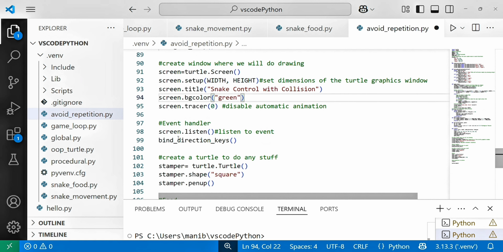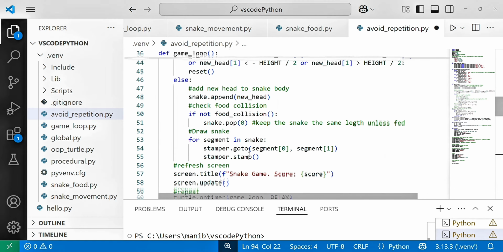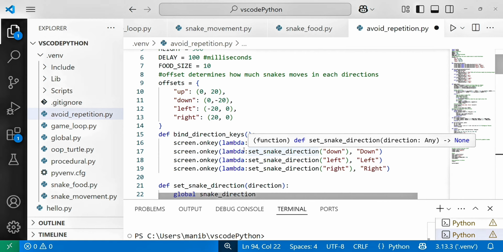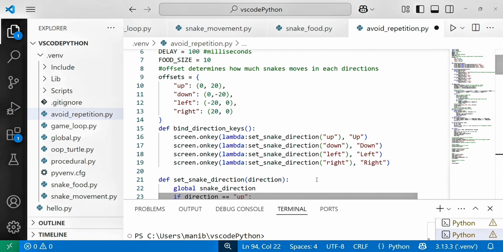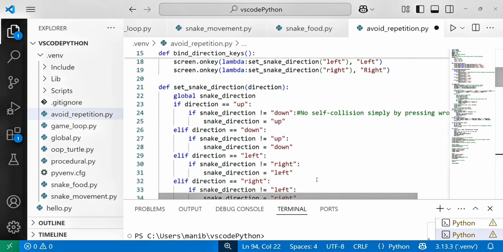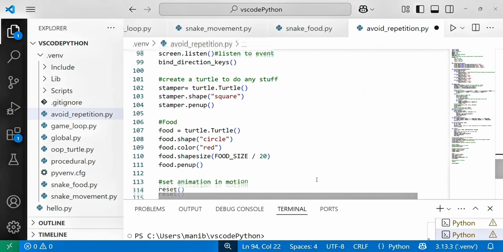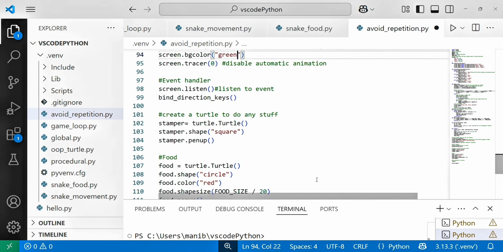Event handler, screen.listen to events, and bind direction keys I am calling, that I have taken here. Lambda expressions, bind direction keys to bind it if you are pressing the up key or down key, left key, right key with arguments. So that I am going to call here.